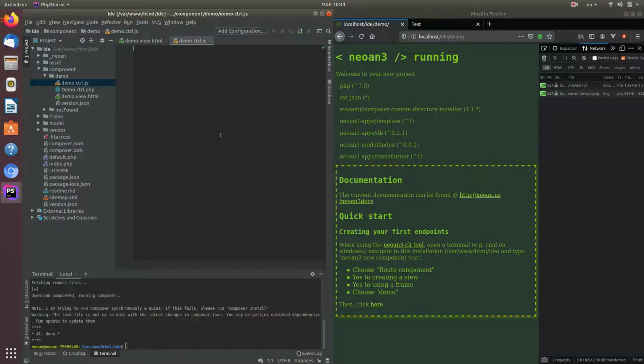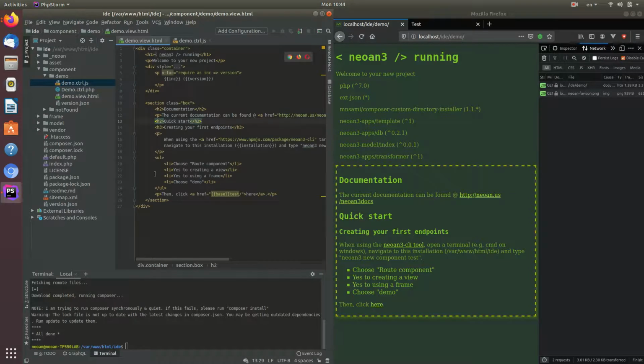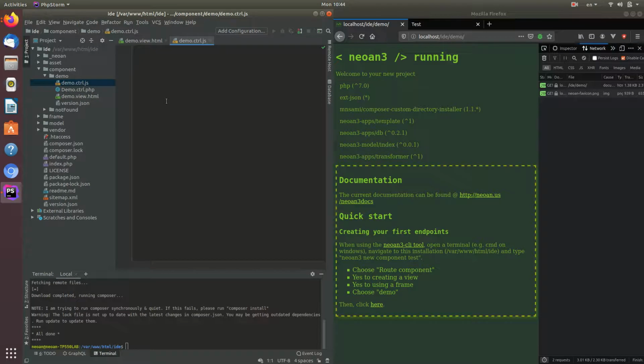Okay. So normally you would have to account for that file being placed somewhere in here, but this is just in Neon 3. This automatically happens in this instance. So I can basically just write a front end now that happens on this particular route. So let's just say, for example, that we go over the, we're going to make this very, very simple. I'm basically simply going to say